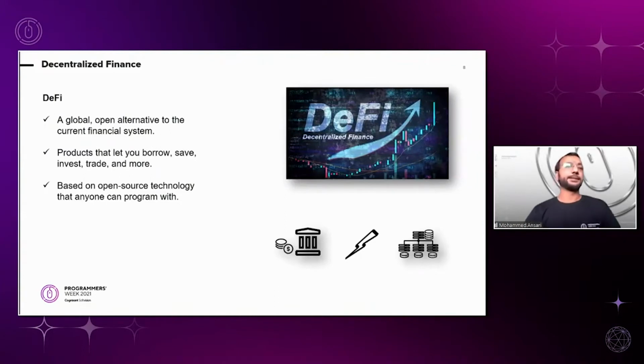Now, we discussed some of the important entities in the blockchain ecosystem. Decentralized finance is one of them. In order to understand this, you have to ask yourself what Bitcoin is. Bitcoin is a currency, a decentralized currency. What that means is you can send a fixed amount of this currency from person A to person B without the involvement of a central authority like a bank or a financial institution.